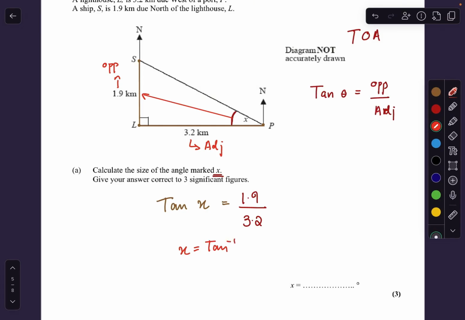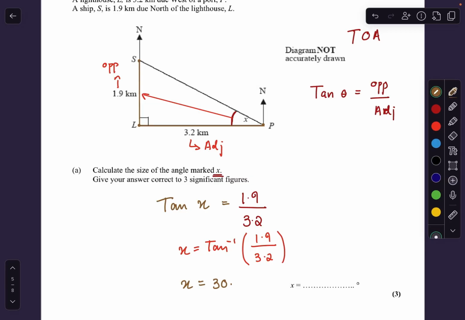Remember, whenever you are finding the angle, you are making the tan alone, so you have to take it with the inverse to the other side. And it's simply 1.9 divided by 3.2. Now we'll apply it on the calculator: tan inverse, putting the inverse, and then 1.9 divided by 3.2. After solving this out, what we'll get here is X equals